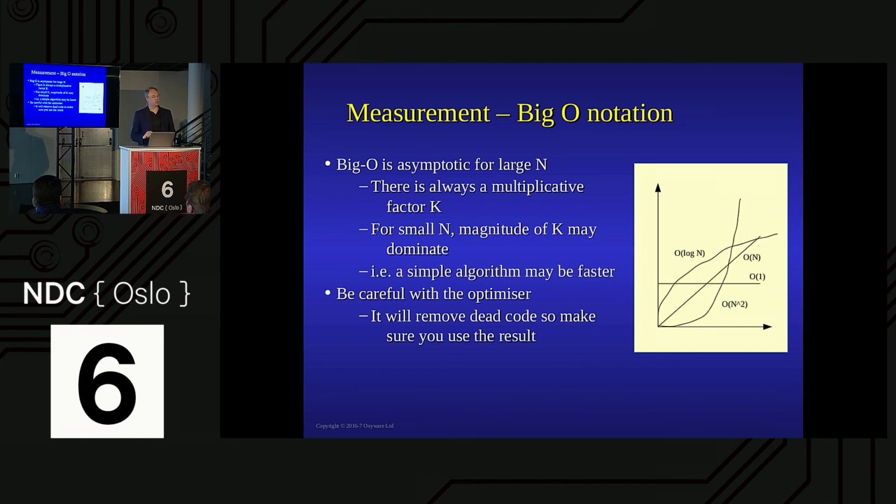Also, if you are going to measure, one of the things that I've found, and I have to keep reminding myself, is that the optimizers, at O3 for instance, are really good at getting rid of your code. So you end up benchmarking something that you think it's doing, but because you've calculated a result and it's thrown it away, it isn't. So do make sure that you don't throw that away. Use the result.